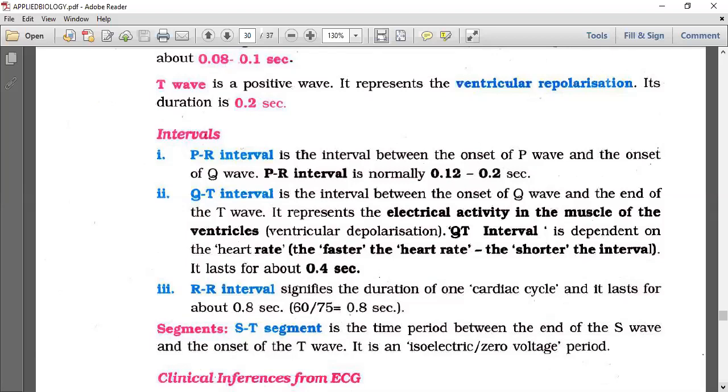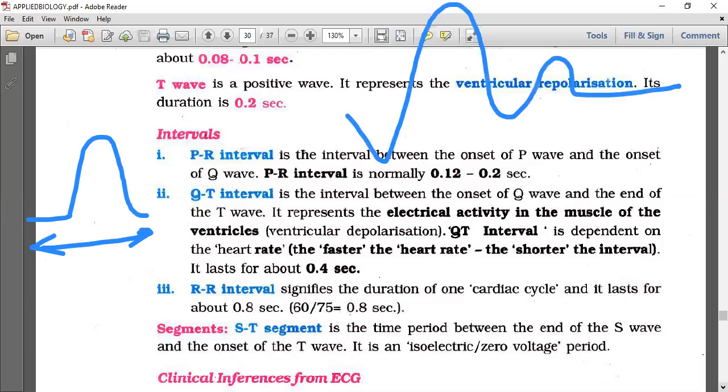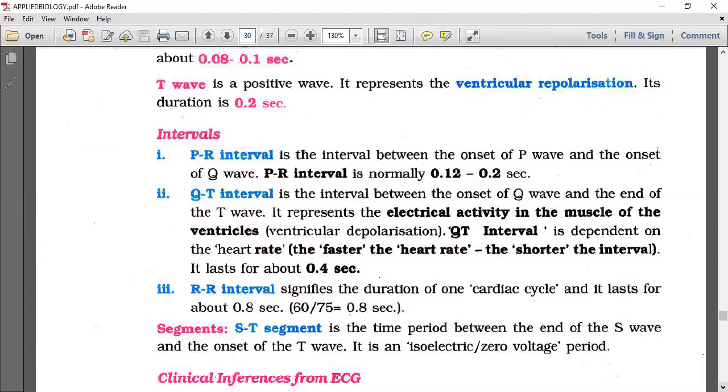So that means here total interval we can divide into two. So this is PR interval. Okay, the remaining Q, R, S and the T, that is said to be QT interval. So okay, so that's it. Simply you just remember in that particular manner, PR and QT. Okay, so if I draw the total, it will come like this. Okay, so in that we'll make two boxes here. This is PR interval and this is QT interval. PR interval 0.1 to 0.2 seconds. QT interval is about 0.4 seconds.